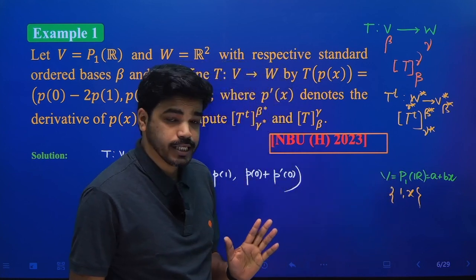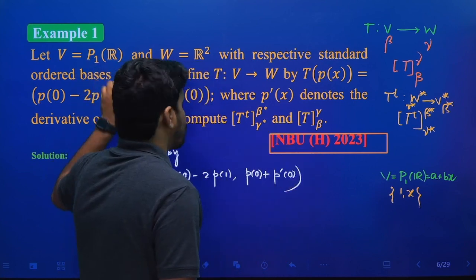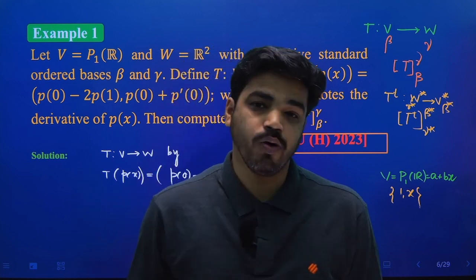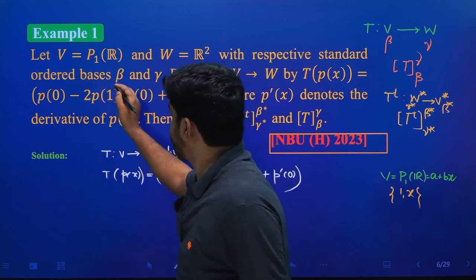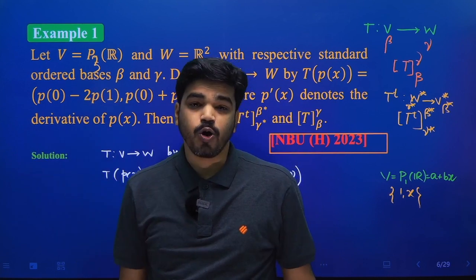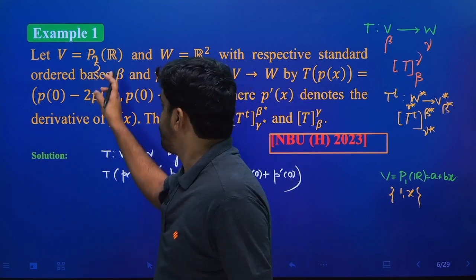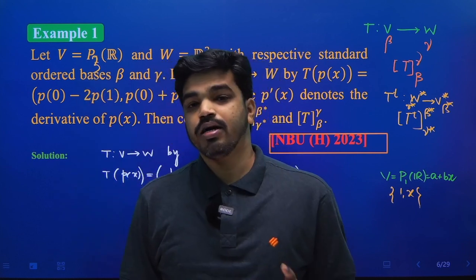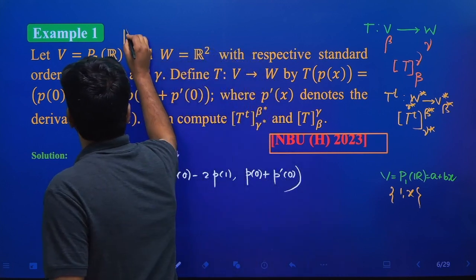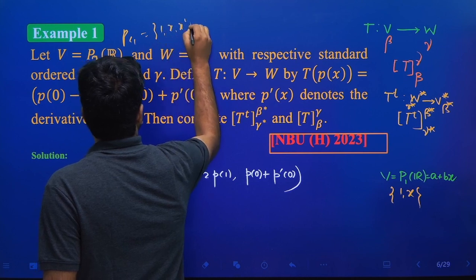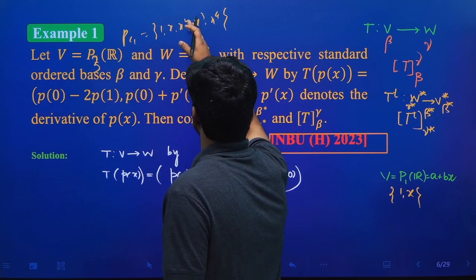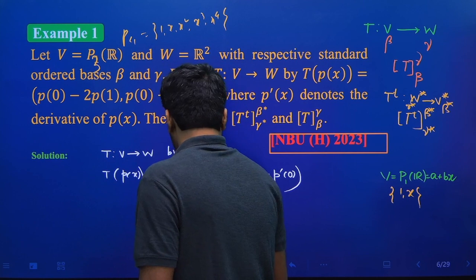Okay, ঠিক আছে। যদি তোমার পলিনোমিয়াল p2 হতো, দ্যাট ইজ ডিগ্রি 2, তাহলে স্ট্যান্ডার্ড বেসিস কি হবে 1, x, x স্কয়ার, রাইট? যদি p3, যদি এখানে p3 হতো, দ্যাট ইজ পলিনোমিয়াল অফ ডিগ্রি 3, so what is the standard basis for p3? 1, x, x স্কয়ার, x কিউব। p4 হলে কি হবে 1, x, x স্কয়ার, x কিউব, x টু দি পাওয়ার 4, রাইট? p5 হলে 1, x, x কিউব, x টু দি পাওয়ার 4, x টু দি পাওয়ার 5।